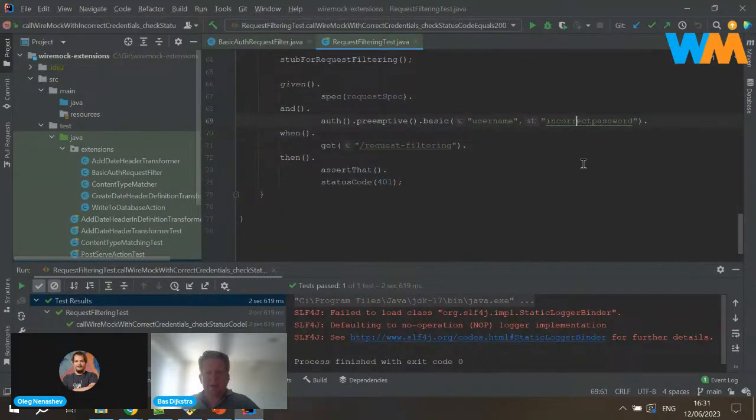So if I pass in incorrect credentials here by changing the password to something that's not correct,